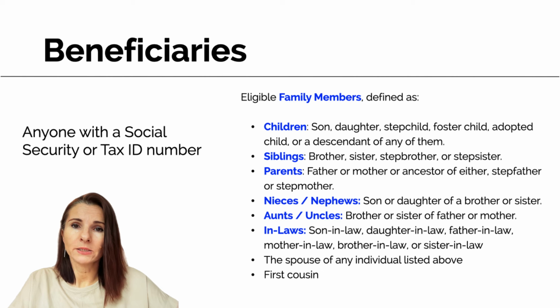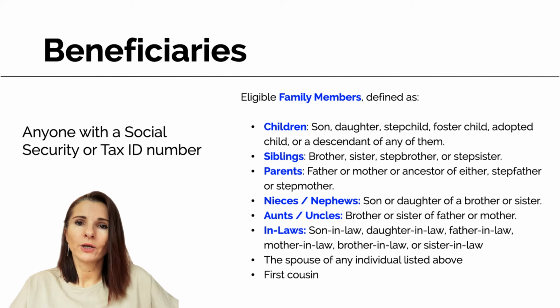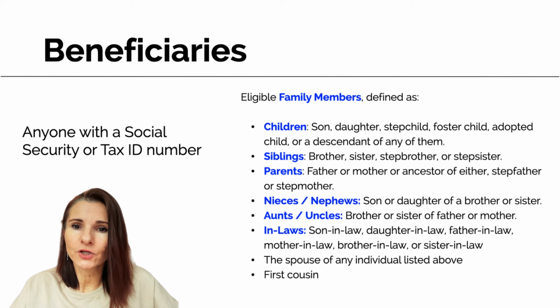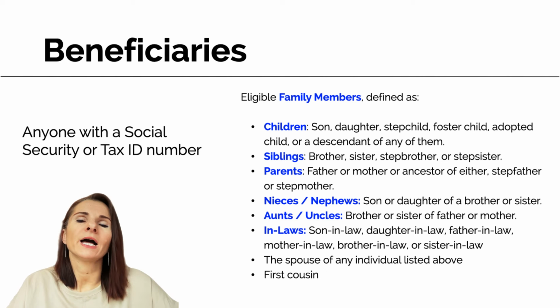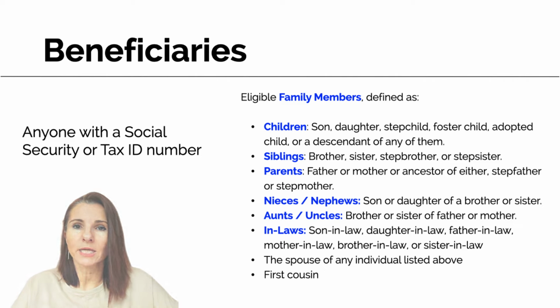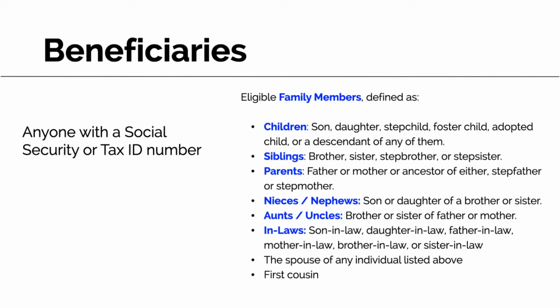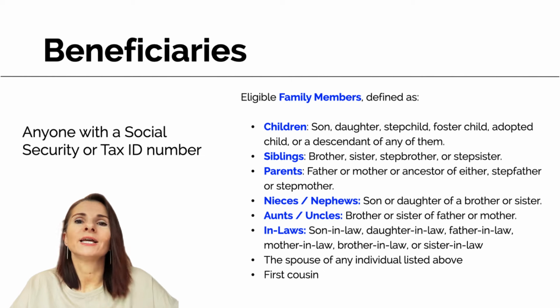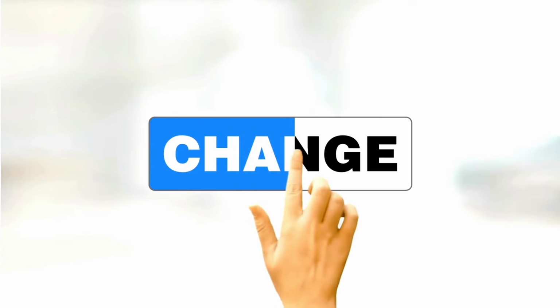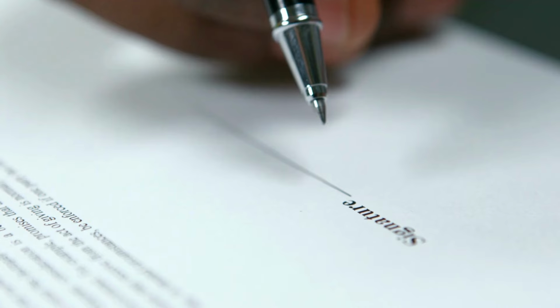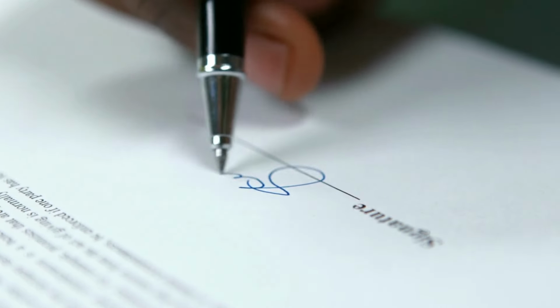If you open the 529 plan, you are considered the account owner. You can designate one of your family members as the beneficiary, provided they have a valid social security number or tax ID. That includes family members who are your children, grandchildren, parents, siblings, even family-in-law and first cousins. Actually, you can designate yourself as a beneficiary. You can switch the beneficiary as many times as you want, but you must fill out paperwork each time.